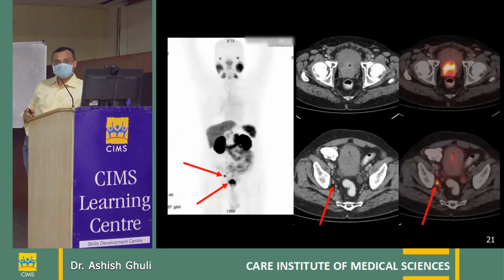If you see the images of the PSMA PET scan, these images are very crisp. It has a very high tumor to background ratio. So any small lesion of millimeter size can be picked up with PSMA PET CT. So this is a mass lesion seen in the prostate. A very small sub-centimeter size lymph node is seen in the right obturator region. So this is a metastatic lymph node.